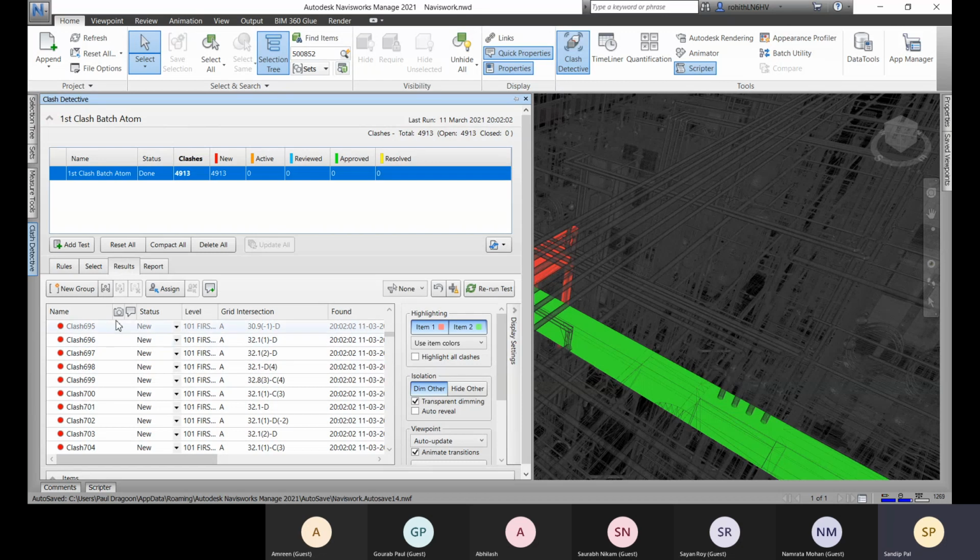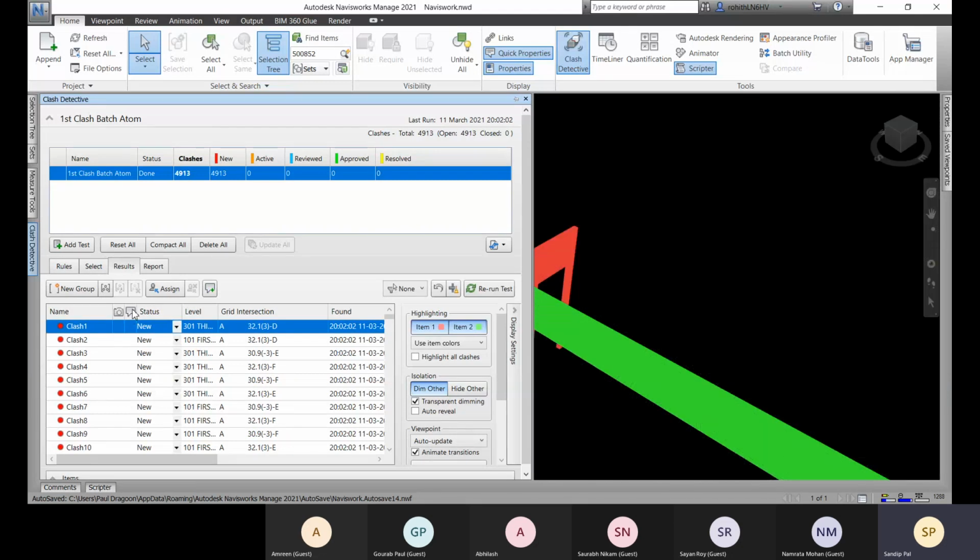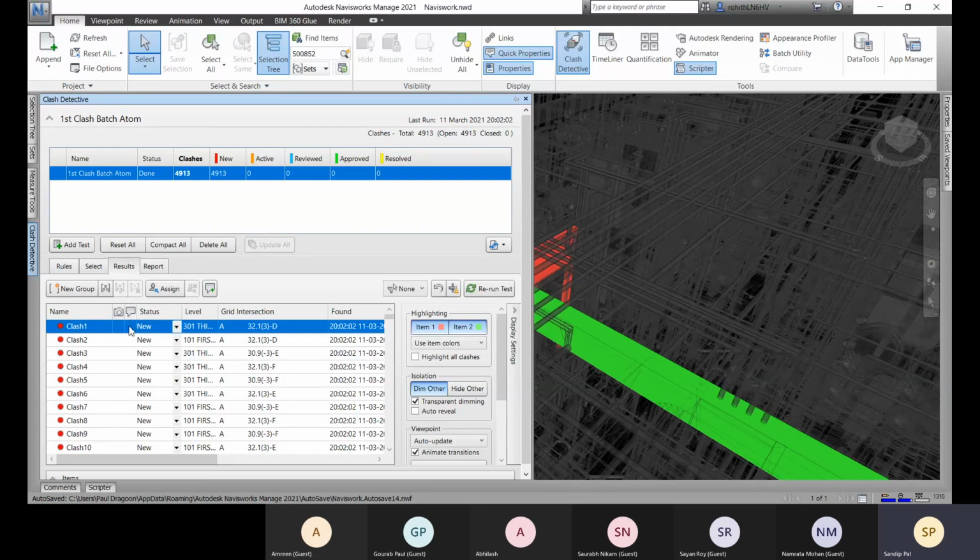Okay. And this is the option that shows if it is assigned to anybody, so it will be mentioned here that it is assigned to somebody. And here we have this compact option, so it will clear all the resolved classes; they will be removed from this list. So when you resolve and want to remove those, you choose compact.